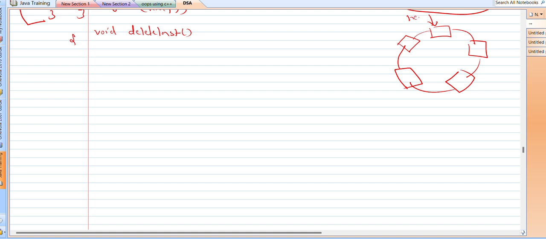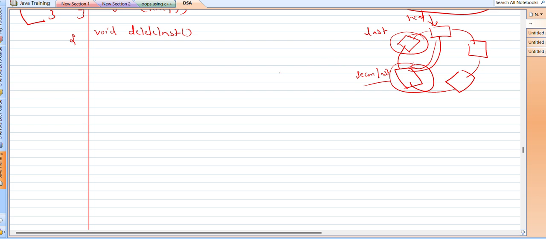Suppose this is our head node and we want to delete this one, right? This is previous of head. Let me call this last. So somehow I need access of this node. Let me call this second last, right? So if I have the address of second last node, then we can safely delete the last node because I can connect second last with the head like this, right? So this is the logic that we are going to implement in this delete last